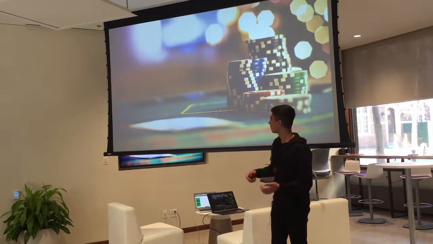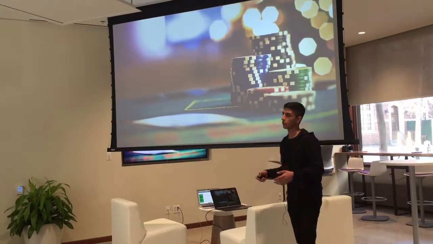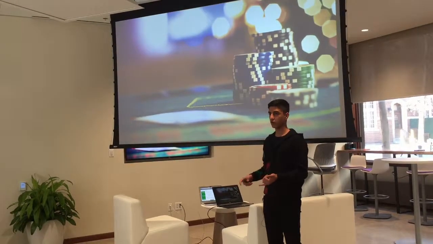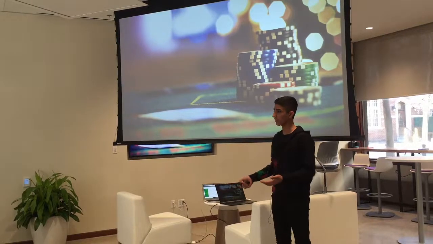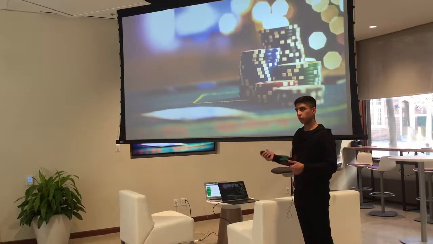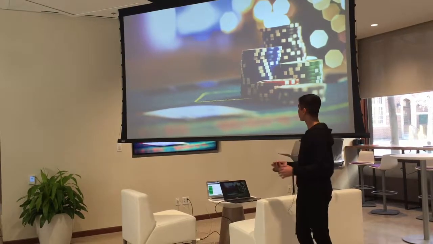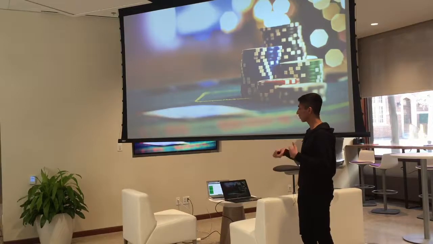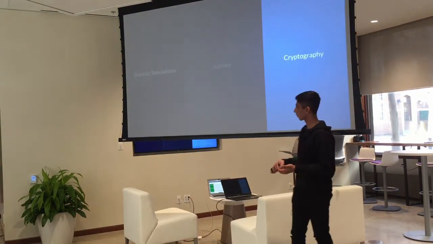But gambling is a lot of fun, and there are several reasons you would want to bring it on top of blockchain. One is trust. It enforces trust between different parties who are participating in a game, and for gambling games to occur, such as poker, you need some kind of randomness to it, and this is where we run into the problem. You need random numbers for statistical simulations, games, and cryptography.